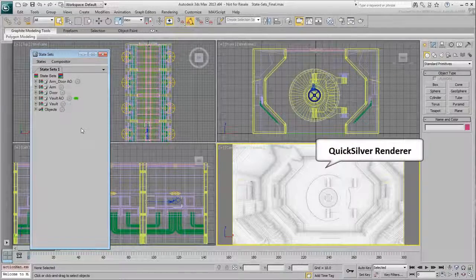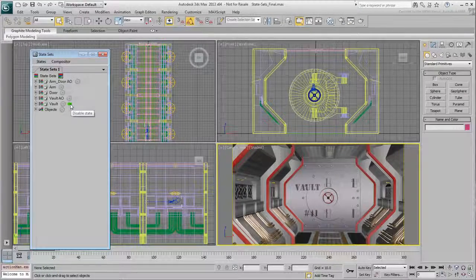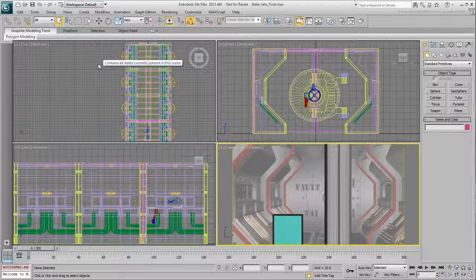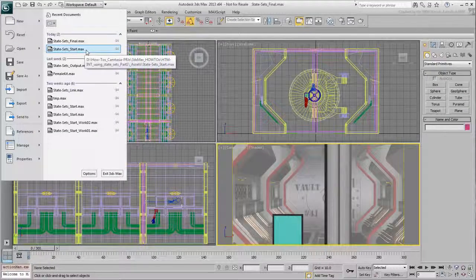Perhaps more importantly, light states and material application can also be recorded at a per state level. Ultimately, this facilitates your renderings as you can easily batch render different passes to accommodate the results you are aiming for. Before you start planning your project, let's take a look at the scene named